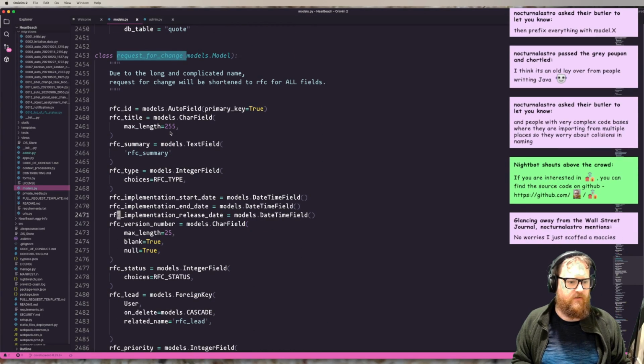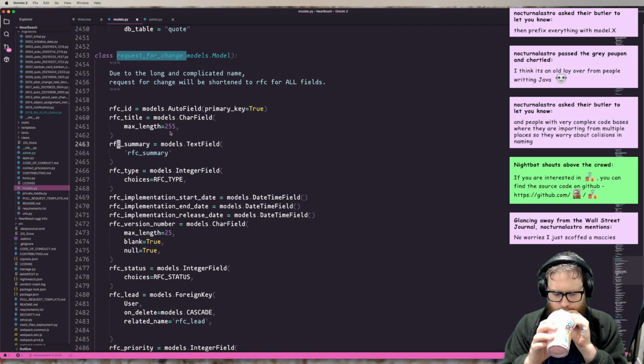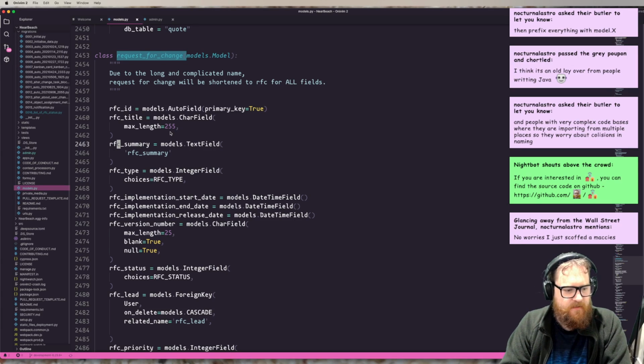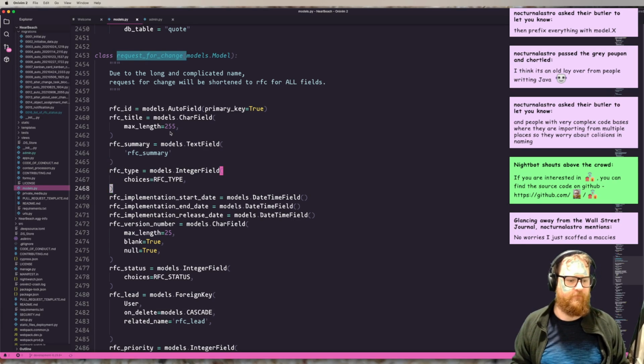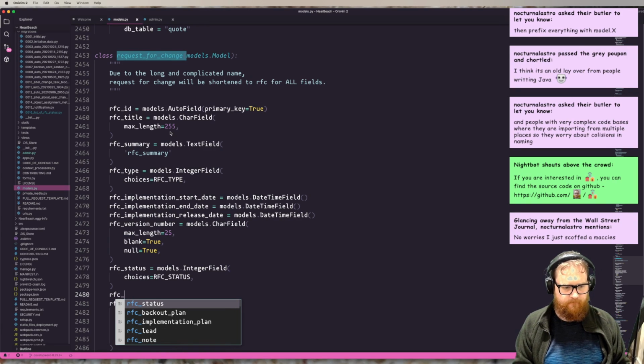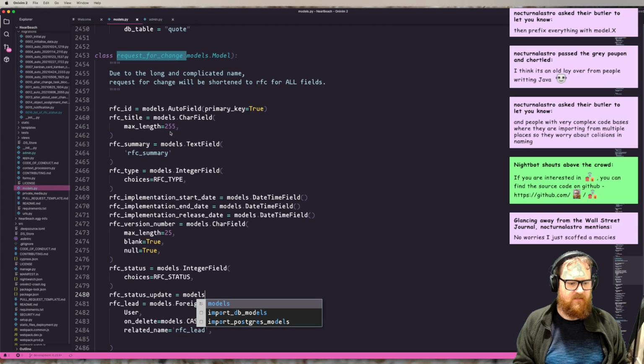We want to take over the status in here. So there's the status. At the moment, we're going to keep the old one. Models,